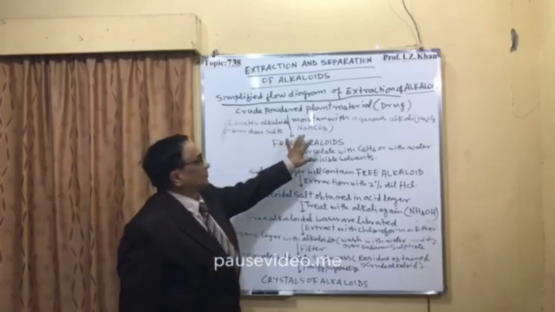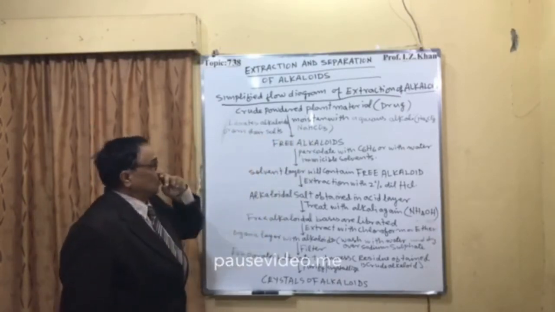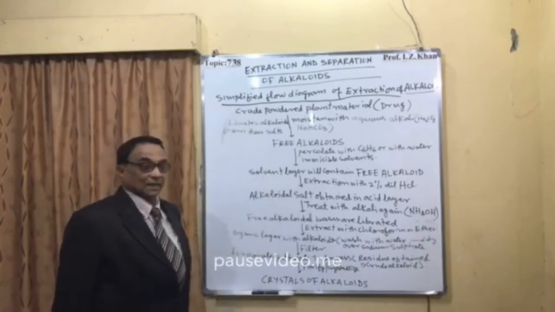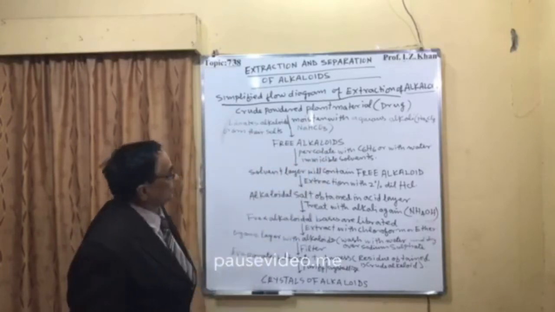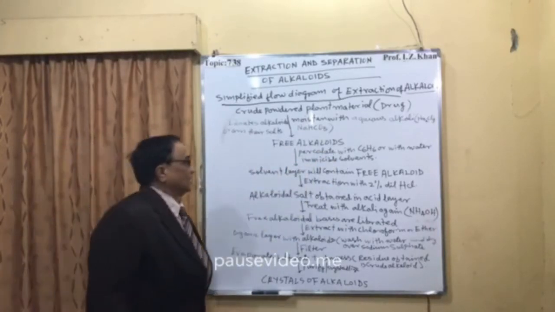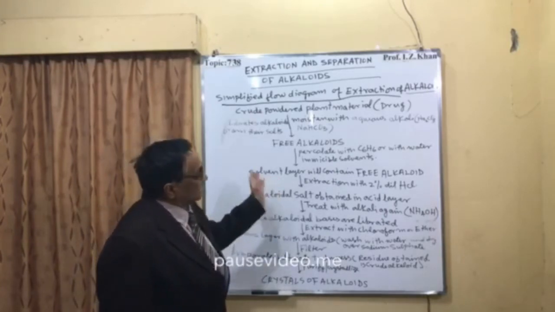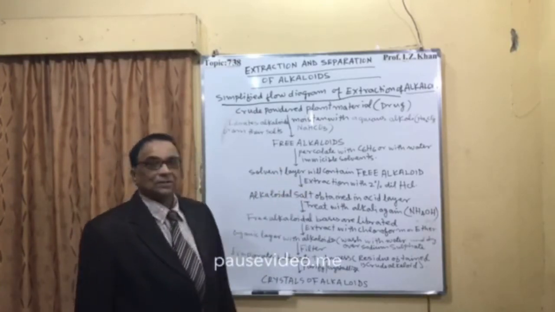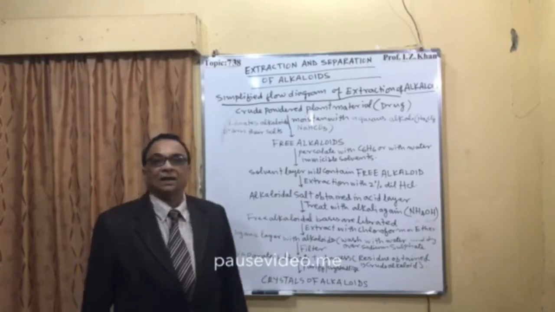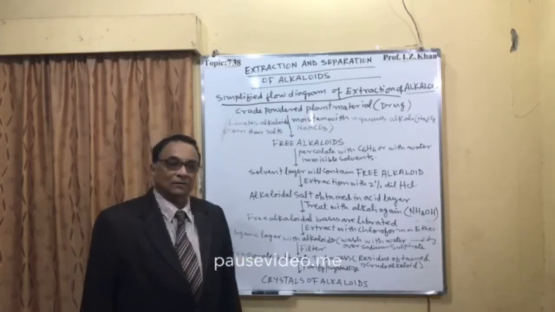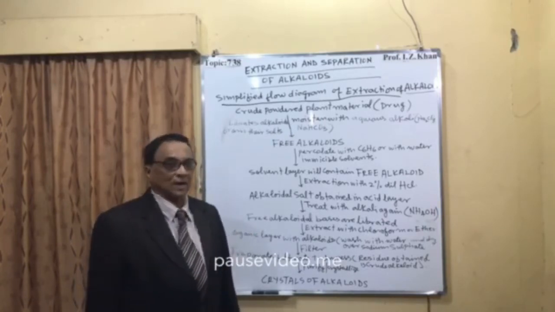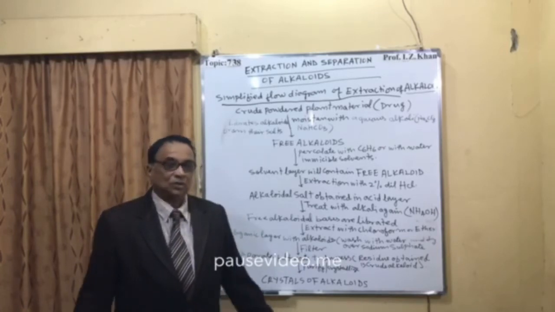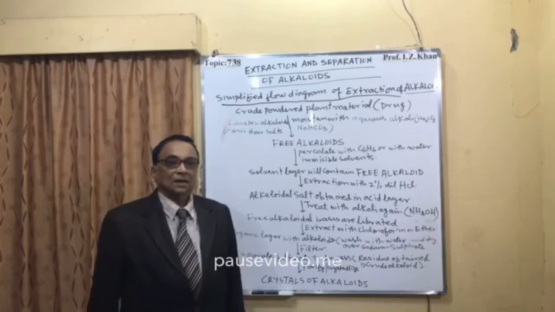So once we are treated with this, moistened with a little bit of acid, so that when it is treated with alkali, you will get free alkaloids. That free alkaloid is then percolated with either benzene or any immiscible solvent or chloroform. Mostly when I was doing the phytochemical studies, my most favorite solvent for alkaloid was chloroform. I used to give students chloroform to extract with.